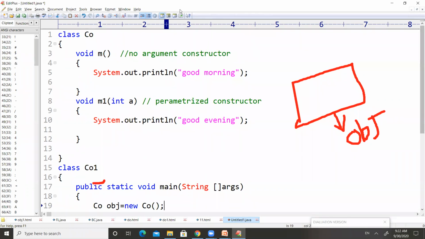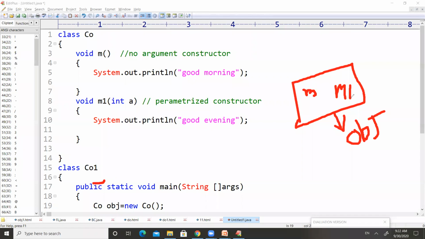In such cases, m and m1 are called non-static methods. So both these non-static methods, m and m1, will move into RAM under the name of the space obj.